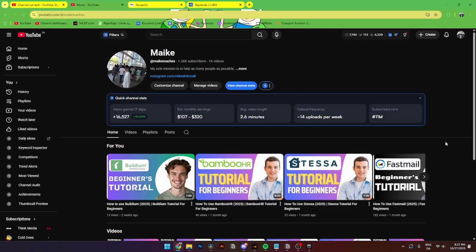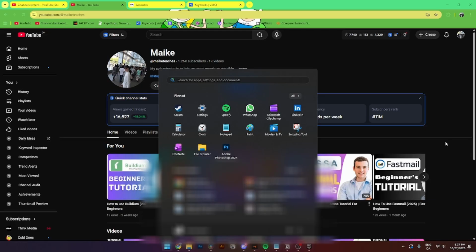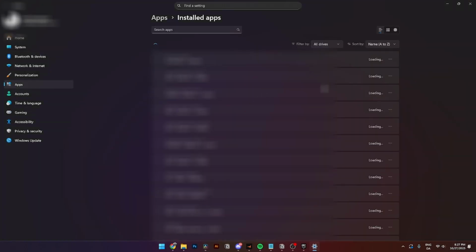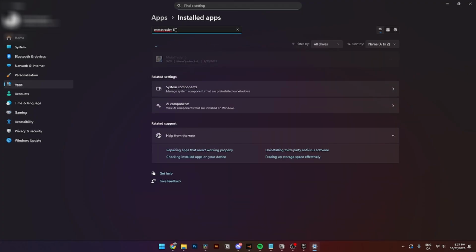From here you'll need to go down to Start and then search for Uninstall Apps right here. From here you should be seeing something like this. And here you can go up to the search bar and type in MetaTrader 5, like so. And as you can see here, MetaTrader 5. From here you'll need to go over to these three dots called Options and go down to Uninstall and then